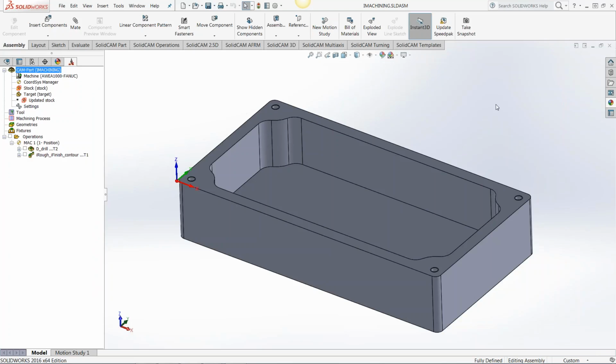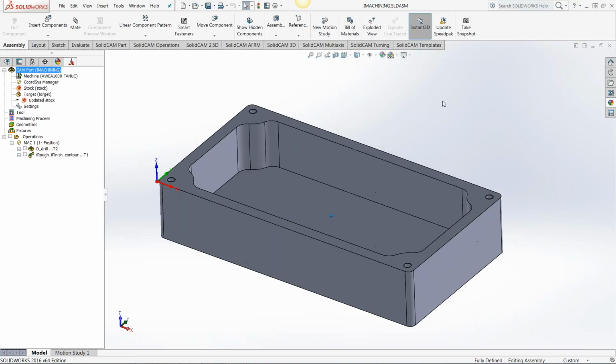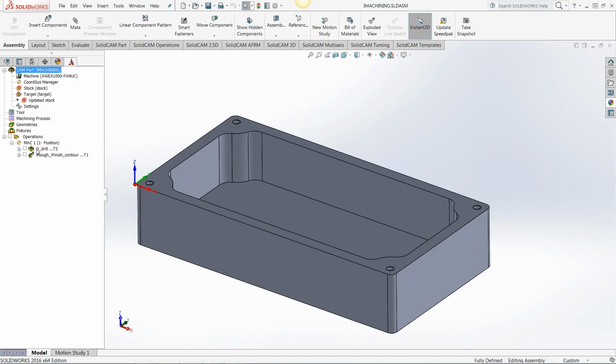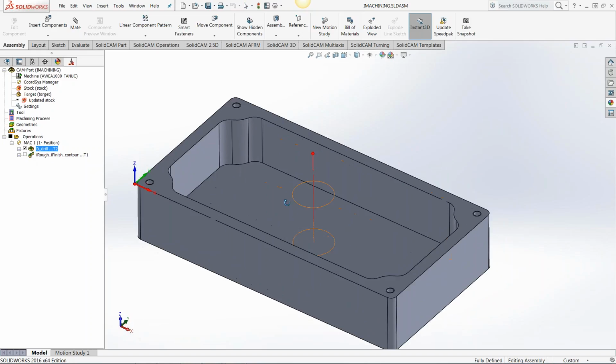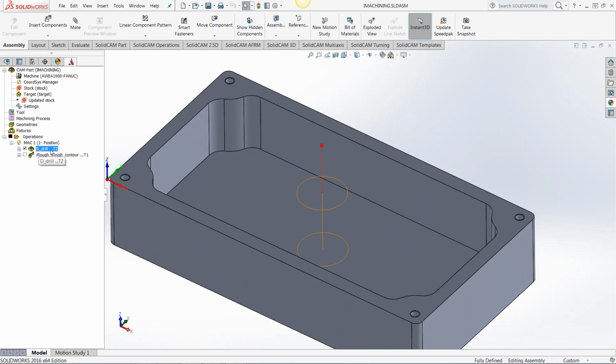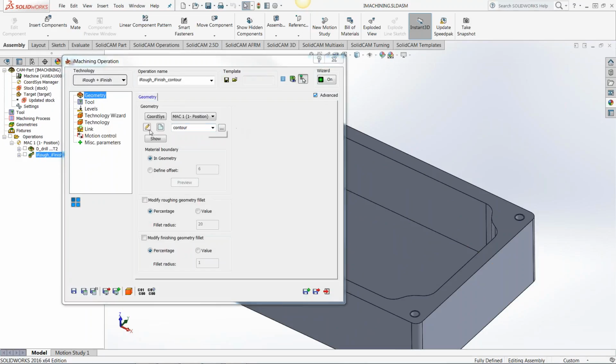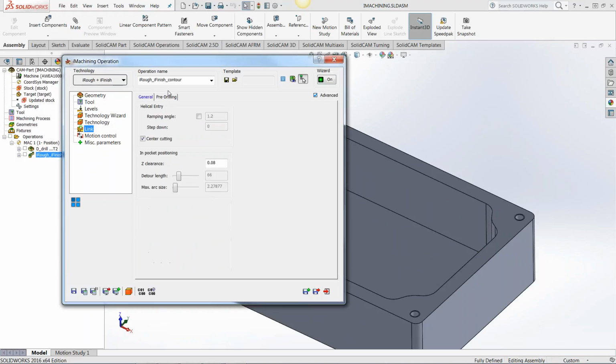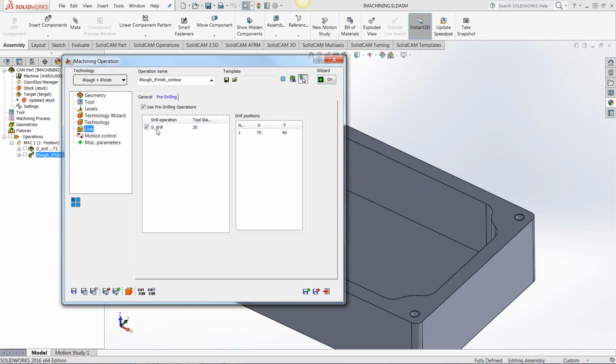Okay, this operation I'm going to cover here is actually the drill point removal. This is a quick one. Say we've got a drill point strategy that we've previously done. So there's my drilling operation. I'm now going to use that operation in my iMachining operation here, where I've chosen the drilling operation as my pre-drilling strategy, so that I'm going to drop straight into that hole. This is included anyway. This is already there in iMachining. But the difference here is that it takes care of the tool